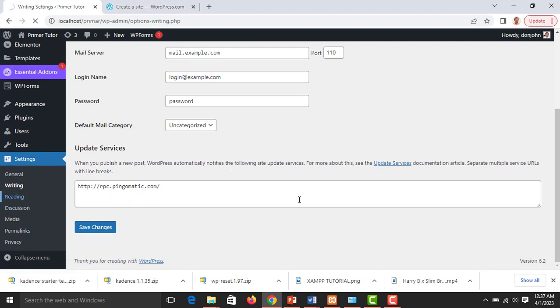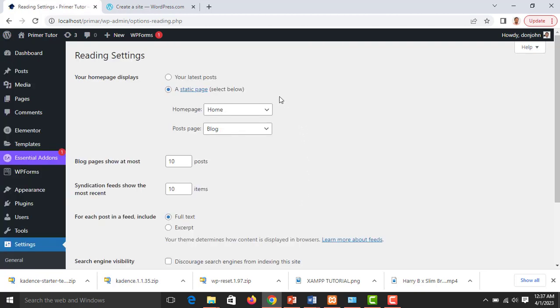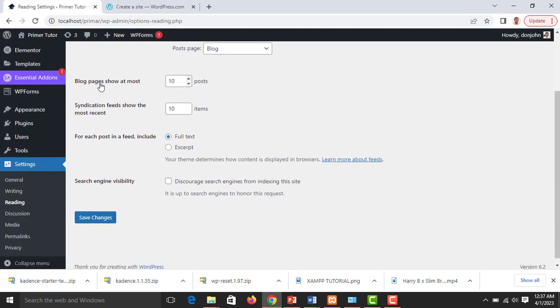Then we move to the next one, which is reading. Reading, we already said this when we were in the customize. Okay, remember when we said our latest post? Okay, we said the home page and the blog, so it's already reflecting here, so we don't need to do anything. But let's say we didn't set it there, you can also do it here. So it says your home page displays a static page, and when you check on this, you now change your home page to the static page you want, and then your post page will be the blog. Alright, so this one is saying blog